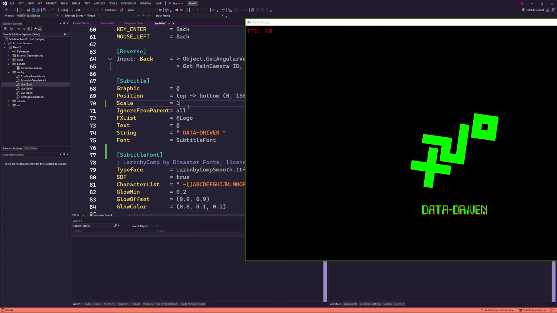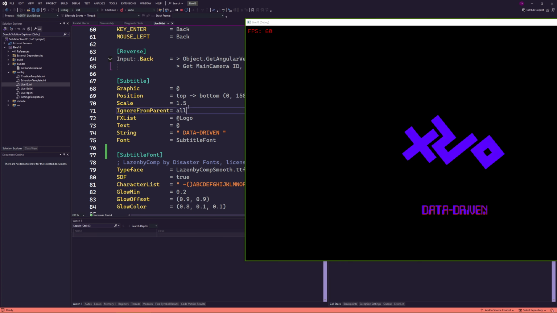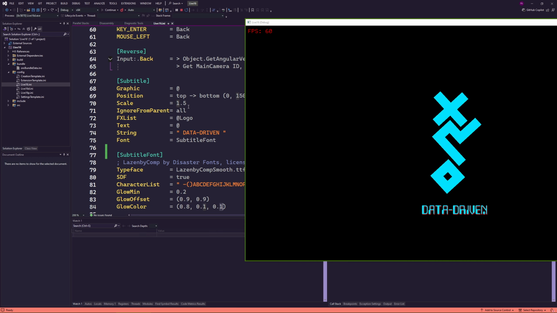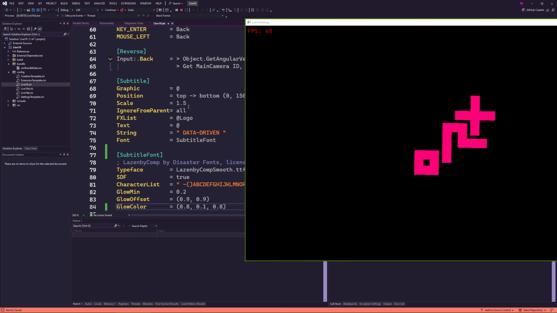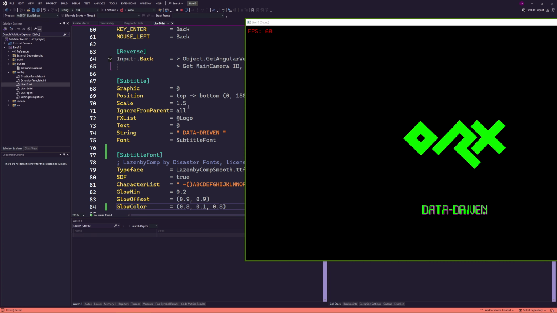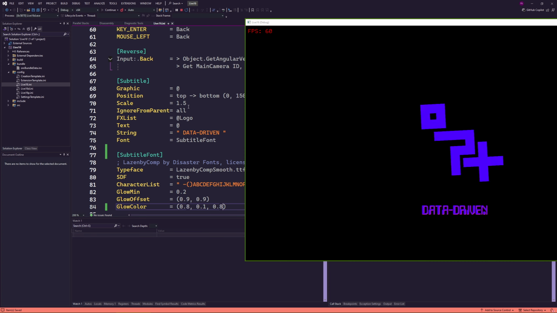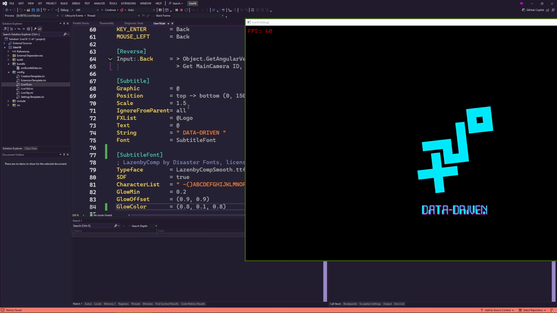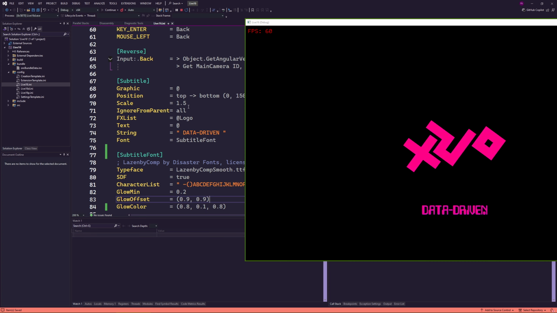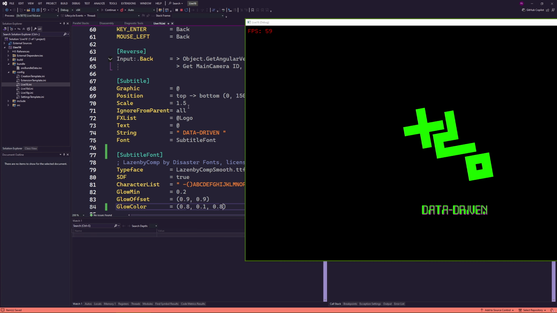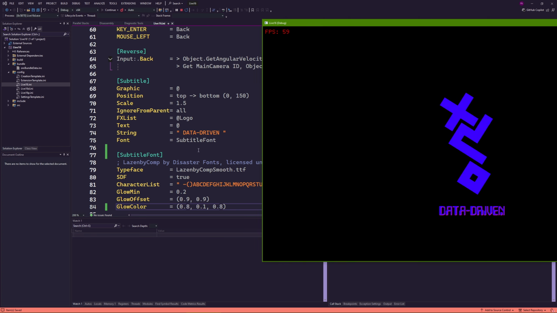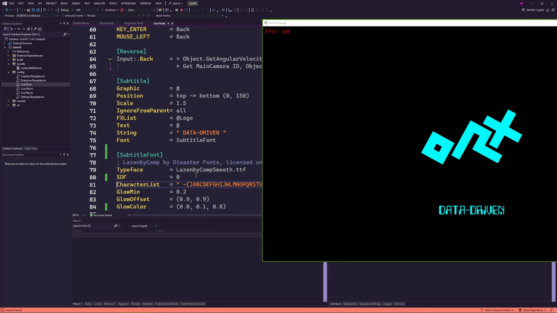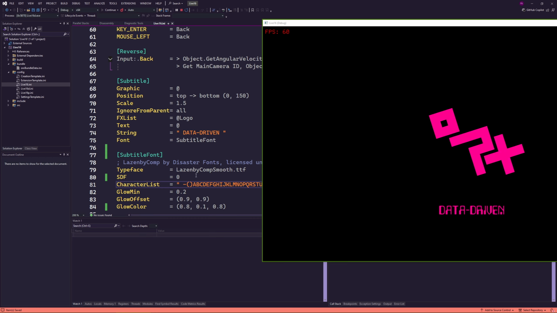So every time I change it here, you will see that the font is going to be recomputed. So for example, if I change the color of the glow, let's put something more like purple, you can see the font has been recreated as soon as I save the file, because right now we're in debug, the watch list is here, and we do the hot reloading. However, you can see that it blinks for a little while. It's because creating a font which is SDF takes time. If the font wasn't SDF, it's instant.